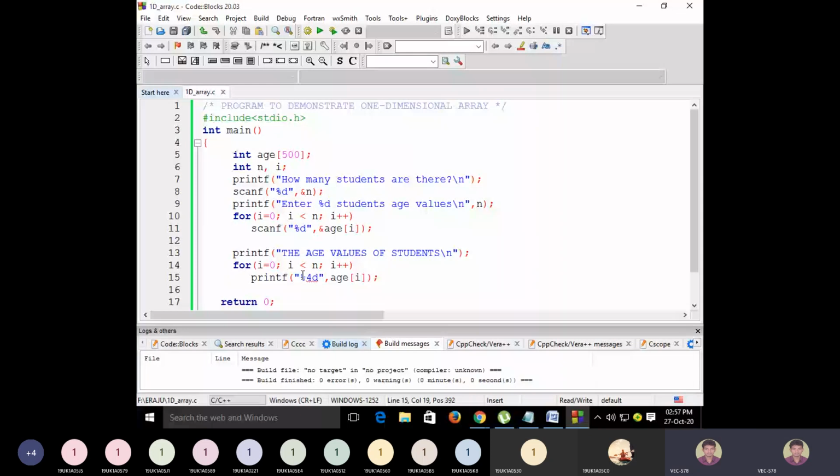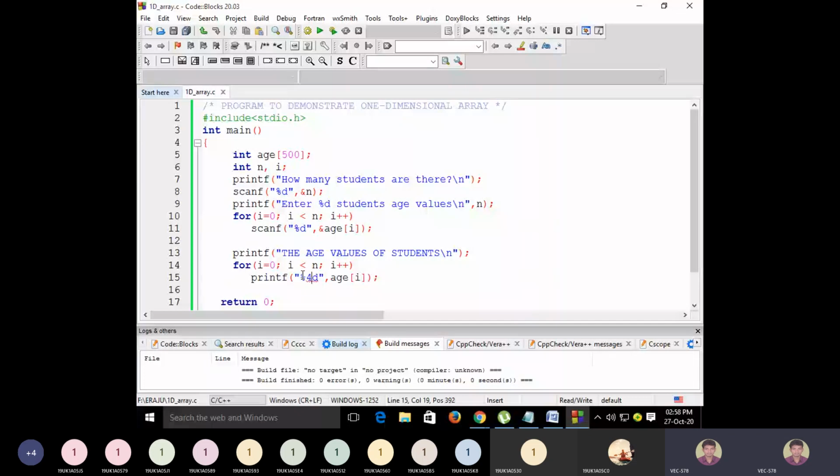Yes or no? Okay, so I just want to find out who is the oldest student and who is the youngest student, or the elder one and the younger one. I want to find out.